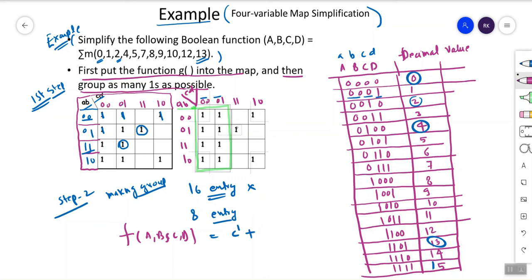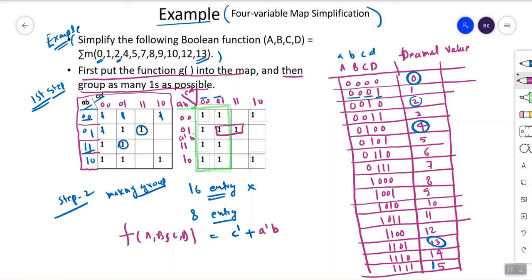Now after this we will try to make another group. Okay, so we can make the group, here he is making it in the example like this. In this he is making 2, so C is changing, here it is not changing, AB is not changing, so AB is here A naught and here B, so we can write A naught B for this.